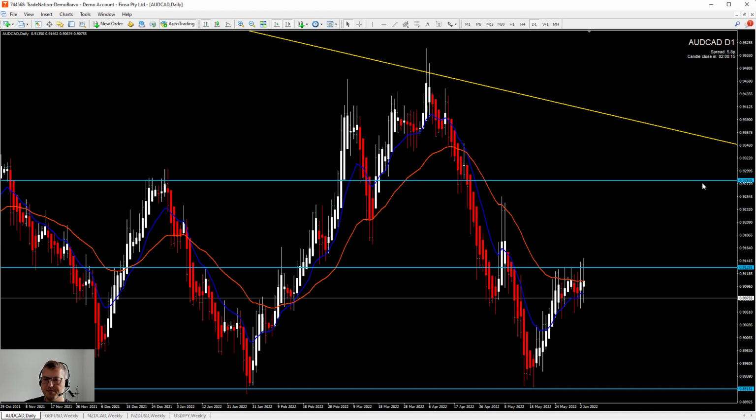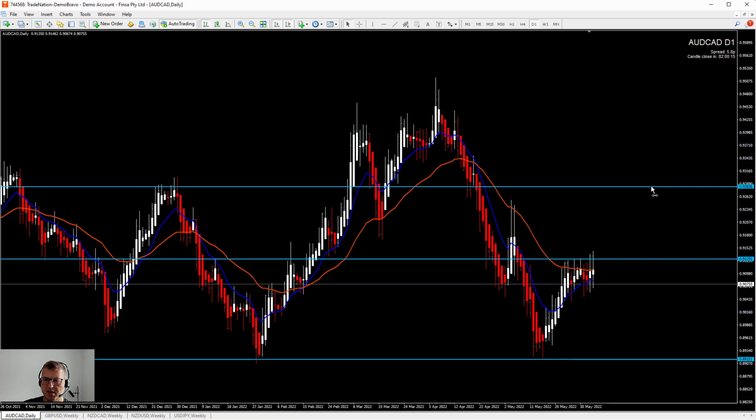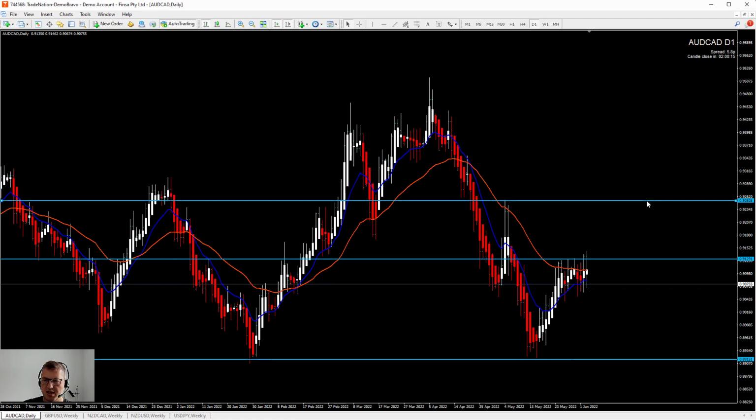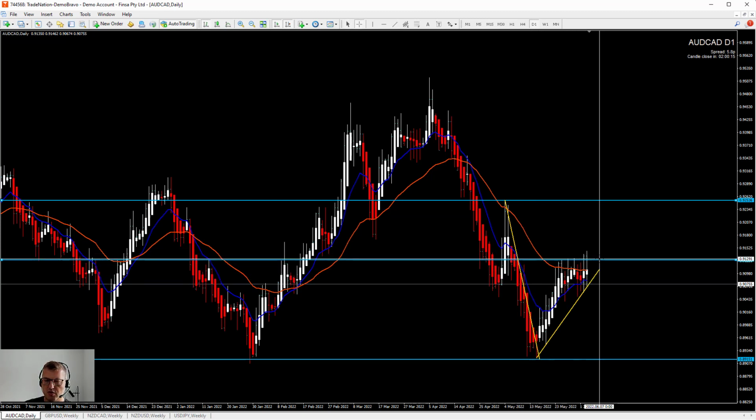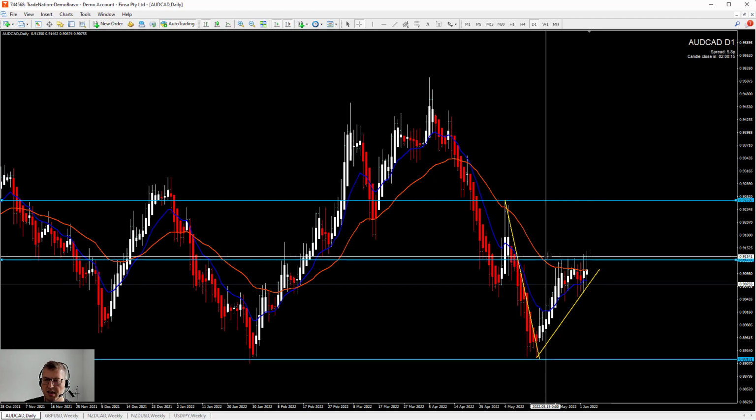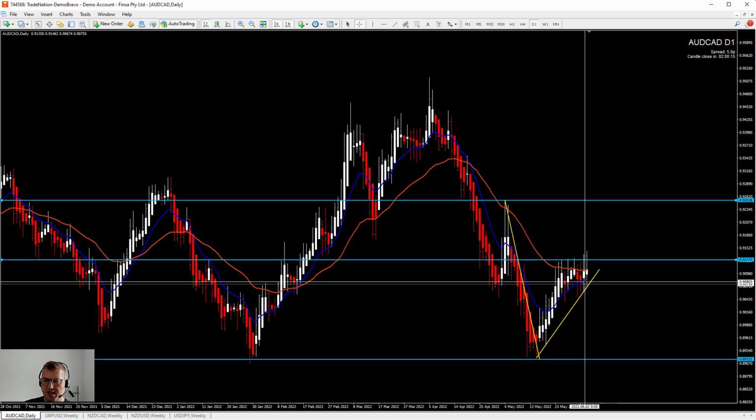So we go to daily, and now this line is far away, so we can remove it. We can adjust our resistance on the daily a little bit here. And what we see on the daily chart is a situation which we like to see. We have daily short 1 to 3 right now. Price reached 36 CMA, which is an area of resistance together with this horizontal level. Now we can expect a breakout, and after a breakout of this line we want to go and sell this, of course,